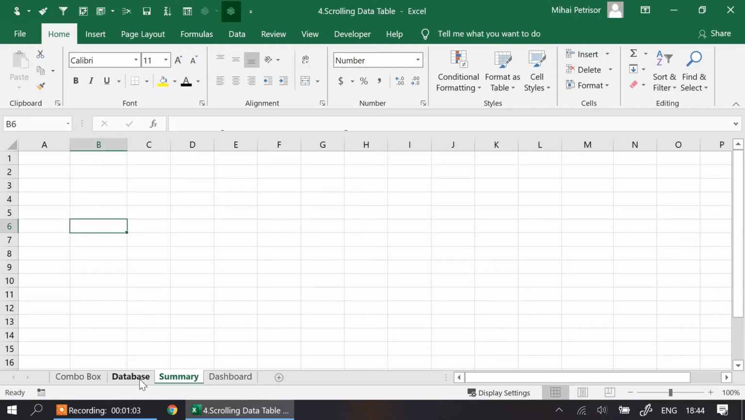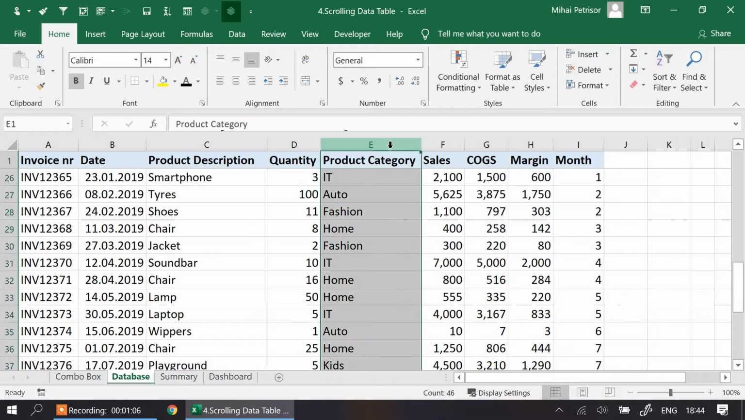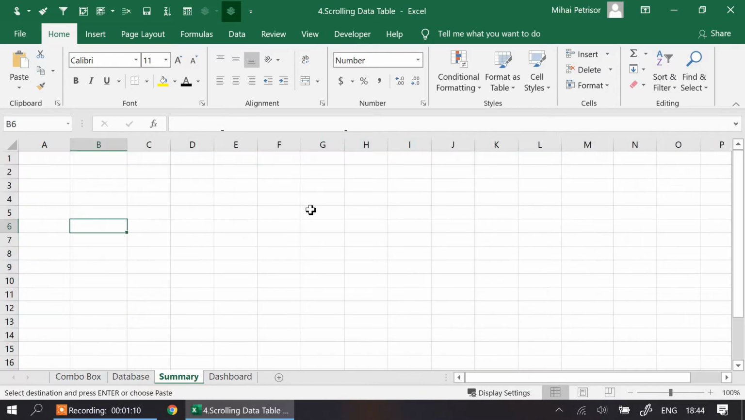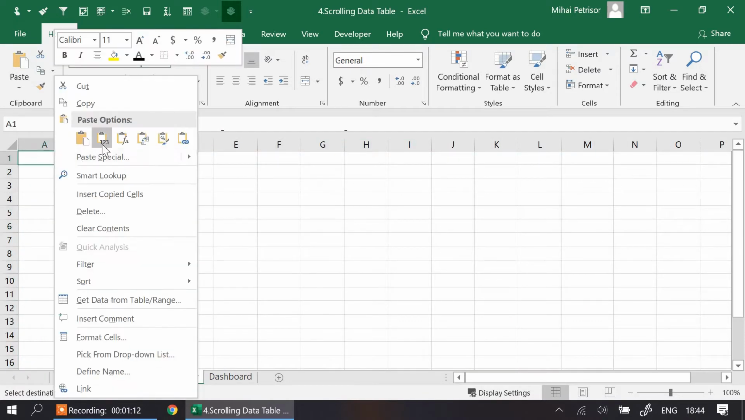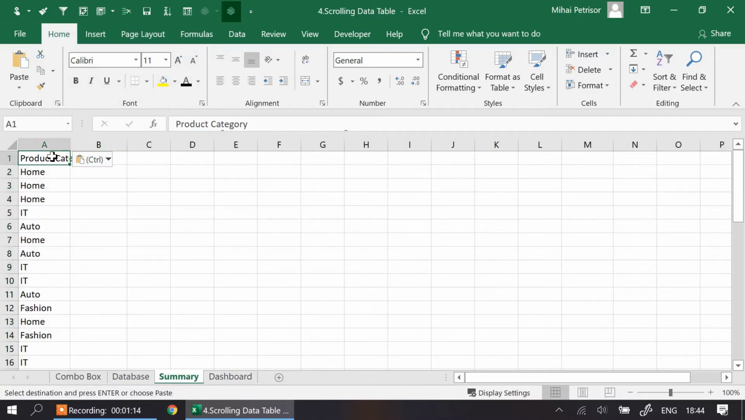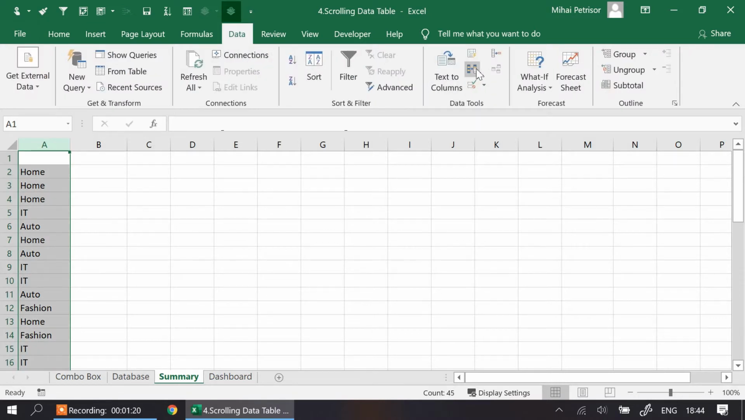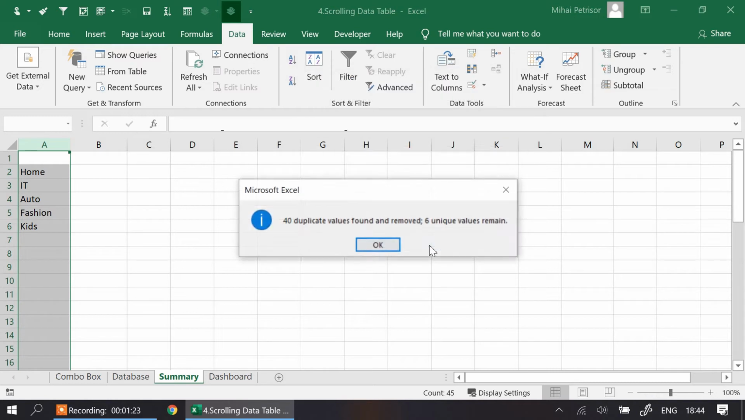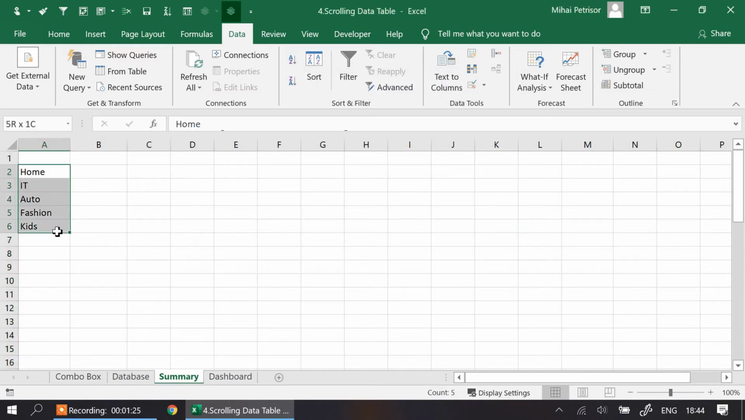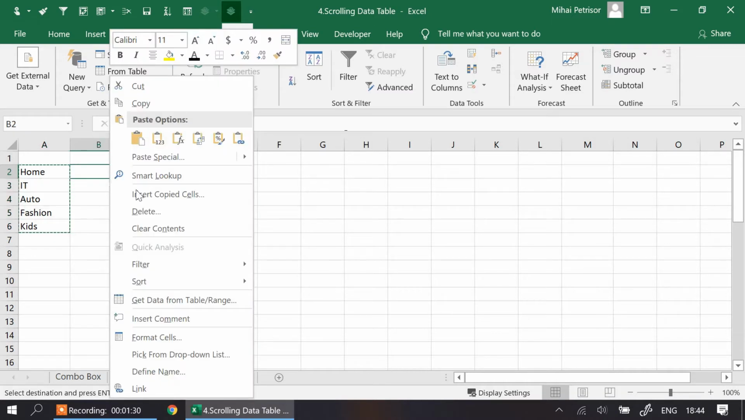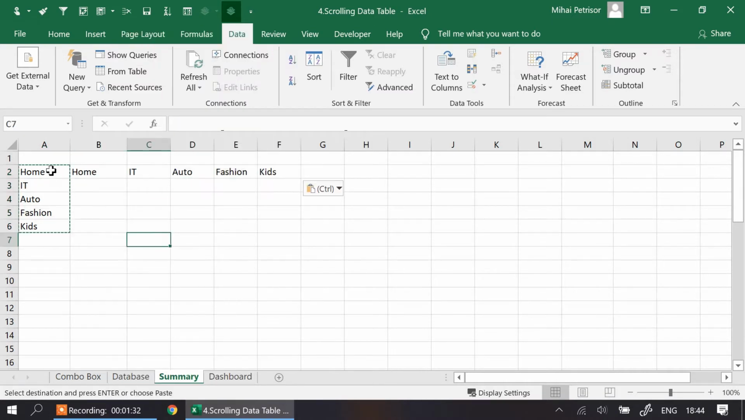First, let's put some categories, and I will copy all the rows from column E into the summary for the moment. Right click and paste value. Here I'm gonna delete the header, and now I'm going to data and remove duplicates. Here we go. We have mainly 5 categories, and these I will put them in a table for, let's say,